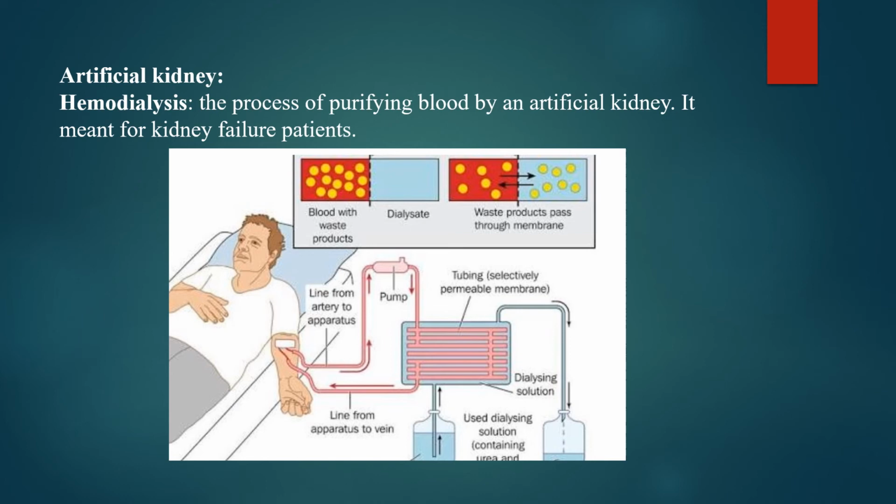In this picture you can see the artificial kidney contains a number of tubules with a semi-permeable lining suspended in a tank filled with dialysis fluid. This fluid has the same osmotic pressure as blood except that it is devoid of nitrogenous waste. The patient's blood is passed through these tubes. During this passage, the waste products from the blood pass into the dialysing fluid by diffusion. This purified blood is pumped back to the patient.